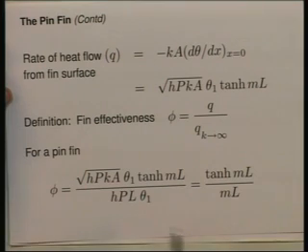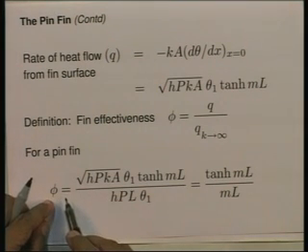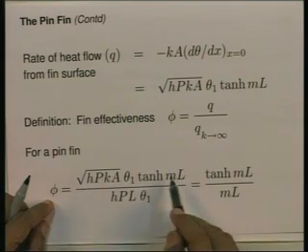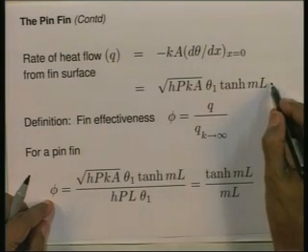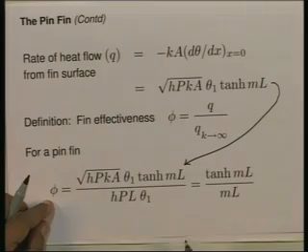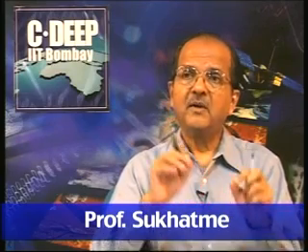So, this is how we define a term called fin effectiveness. For a pin fin, what will we get? For a pin fin, phi, the fin effectiveness, is equal to, in the numerator, square root of H P K theta 1 hyperbolic tangent of m L, which is nothing but this expression, all right. In the denominator, recognizing that the temperature is T equal to T 1 along the whole length,